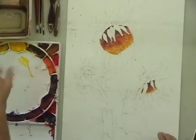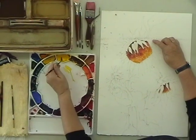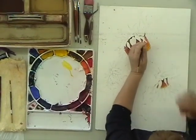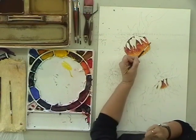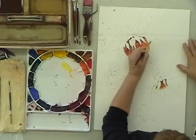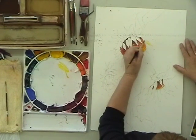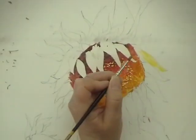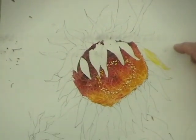I'm going to switch to a small round brush. And up here I'm going to think about, okay, this is in the full sun. So I'm going to start with painting it dry, because on dry paper I'll be able to be in control, and I'll be able to leave some of these little white shapes, the actual white of the paper. So here we have the sun coming down, a few little white shapes,